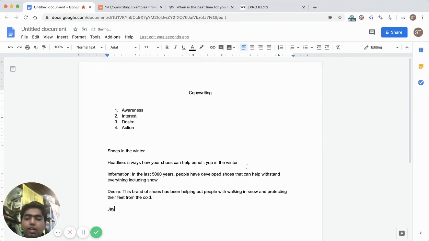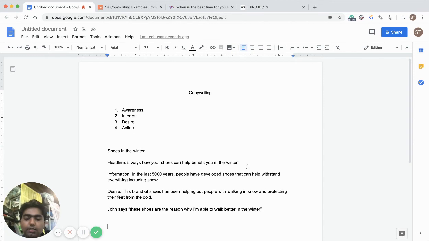And let's say for example, John says, I've had a great time. These shoes are the reason why I'm able to walk better in the winter. I'm giving a hypothetical example. This could be a fake kind of copy, but we don't know what shoes will come out that will be anything like that.